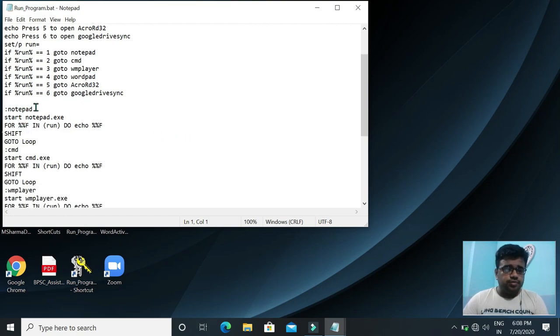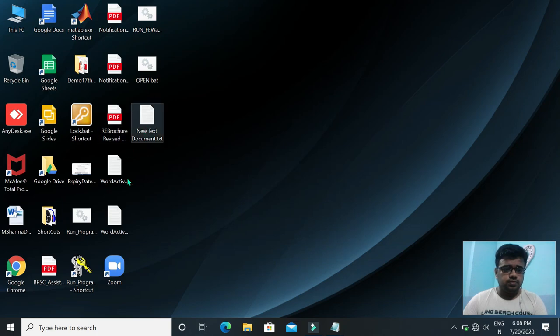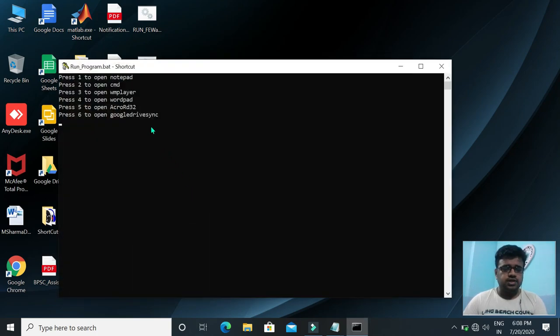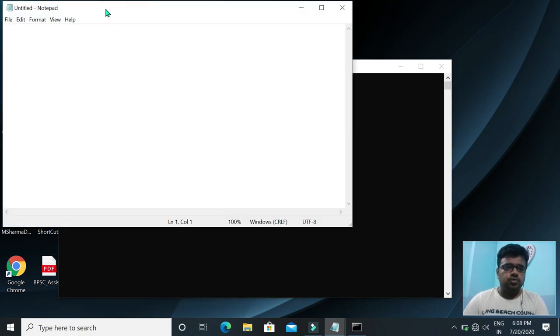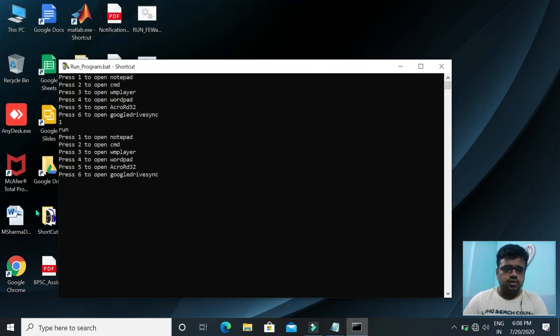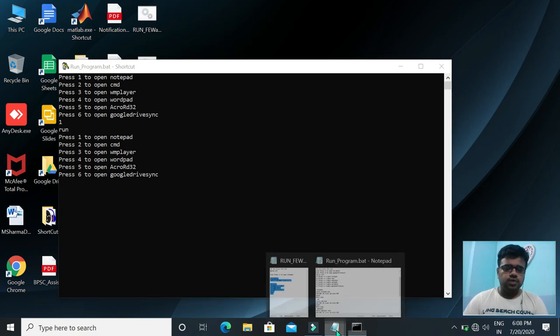Now come to notepad first. When I press 1, it will go to notepad. Let's do it practically. When I press 1, it will open the notepad application, and again it is showing the same echo statements by using the loop condition.